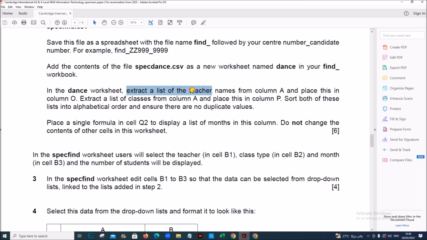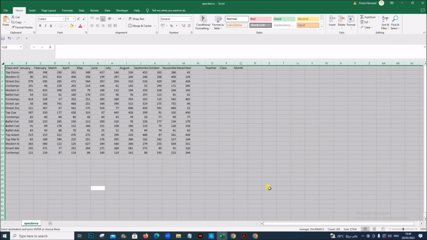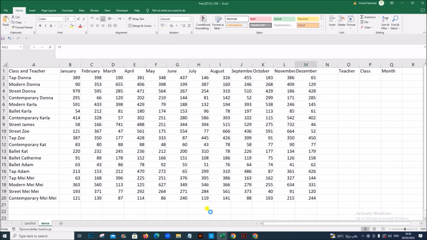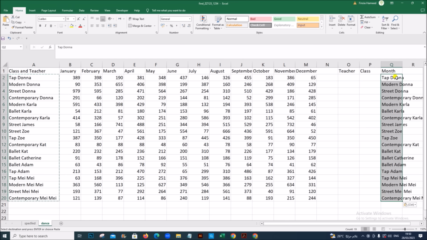In the dance worksheet, extract a list of the teacher names from column A and place this in column O. Extract a list of classes from column A and place this in column B. This you can close. Now in this column we need to extract the name of the teachers, and in this column we need to extract the name of the class. So if you look at this data, the first word is the class name and the second word is the teacher name. So they have asked just to extract. We don't need to use any formula, so I'm just copying this. I'll just paste it for the time being, and then